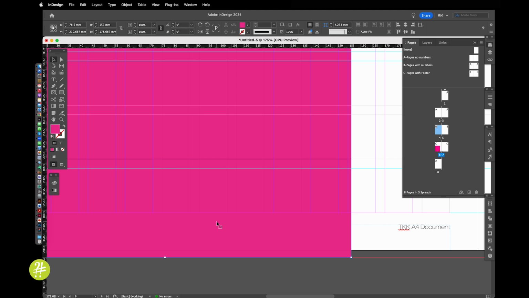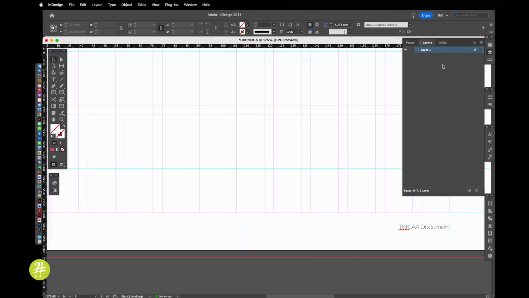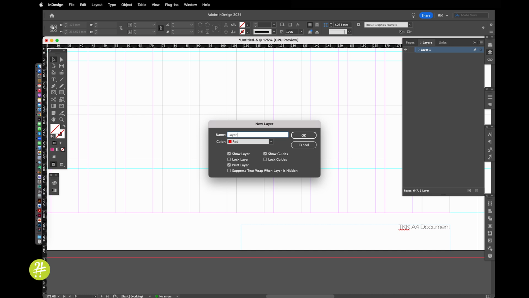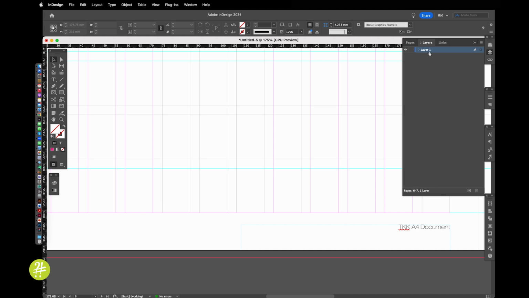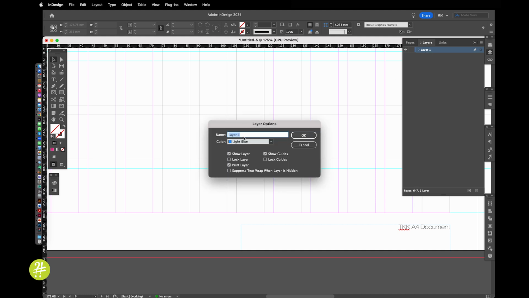And so this can be an issue with your master pages: any elements you put on there, if you put an element onto your page, it goes over the top of your numbers. So what I need to do is delete this, and probably the quickest way is to go new layer, call that layer 1. It won't let me do that, so I need to actually change this, I should call that master elements